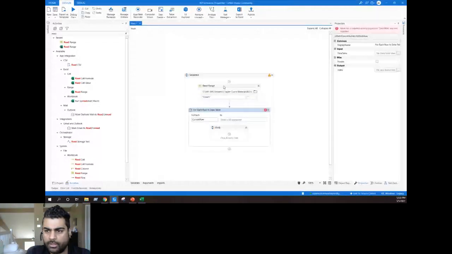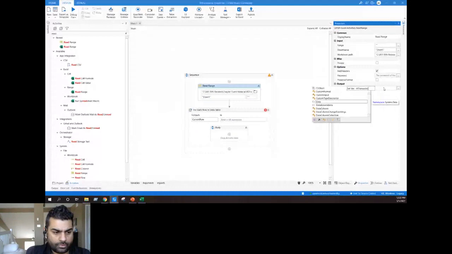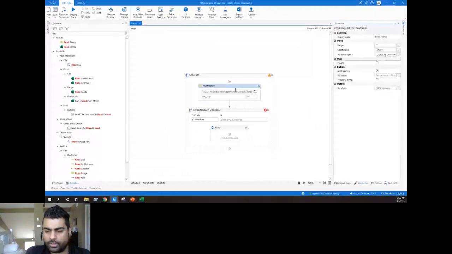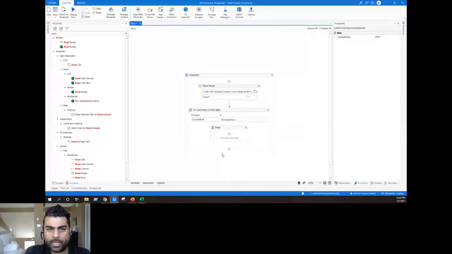Once that is done, I want to store that in a table. Let's call it control K DT transactions. Here, it will read all the records from the Excel sheet and store them in a data table. Now, for each row in the DT transactions, this is what we are creating in the dispatcher, where I want to read each record one by one and store it into our